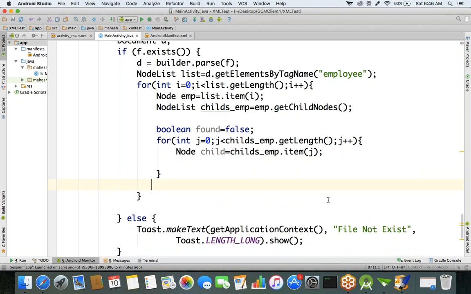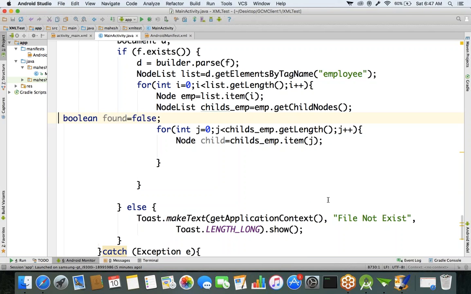Okay. So now here we have taken a boolean variable, that is found. Initially found is what? False. Now the user is going to give a value in the text box. We have to check whether that value is available in the XML file or not while it is recording. So right here,